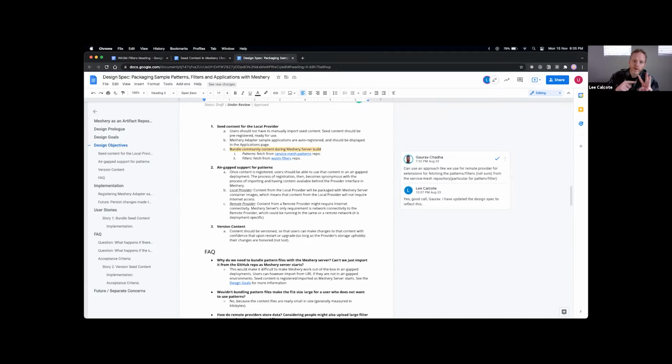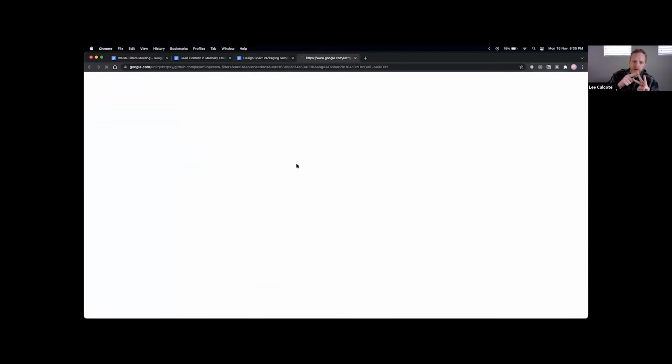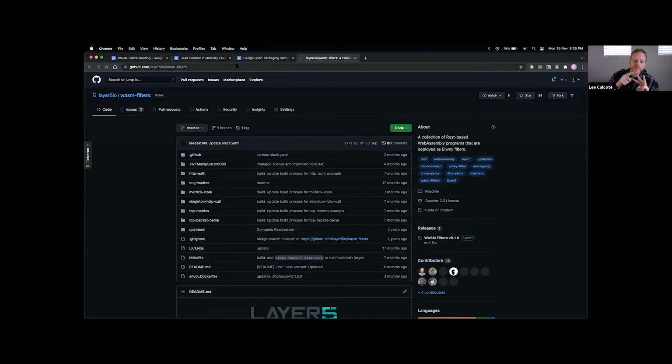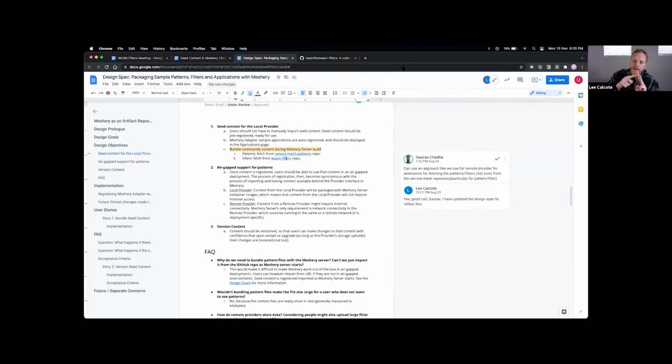Where they're stored is GitHub, in individual GitHub repos. For WebAssembly filters, it's the WASM filters repo. Service mesh patterns, there's the service mesh patterns repo. And then the applications as we have them under MeshOps v1, which is to say the non-pattern format,